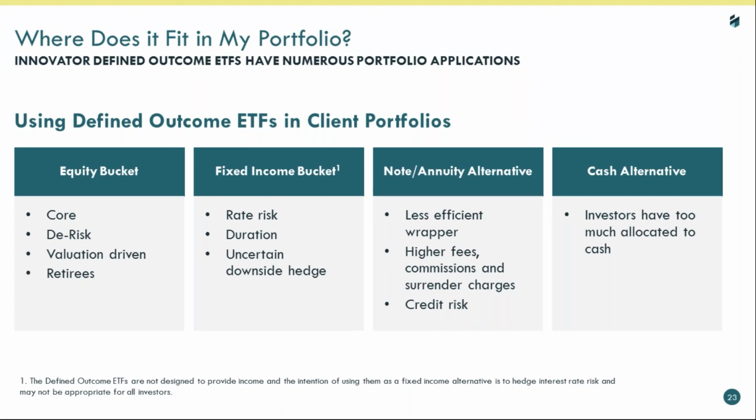And so these ETFs provide the necessary upside potential, but really mitigate those scenarios that the retirees don't want to experience, and those are the large drawdowns. But also, from a simple valuation perspective, even those clients that are maybe a little more aggressive in terms of their risk profiles, a lot of them are simply using these ETFs as a way to just take their foot off the pedal, remain invested, but have a built-in buffer, again, so that when the market does correct, they'll be